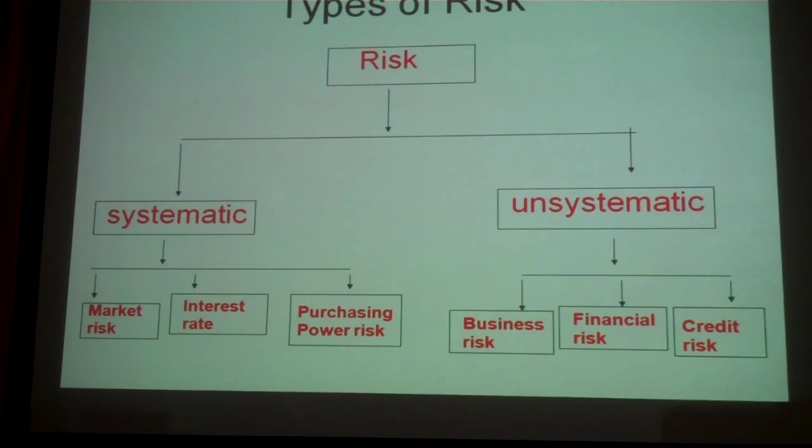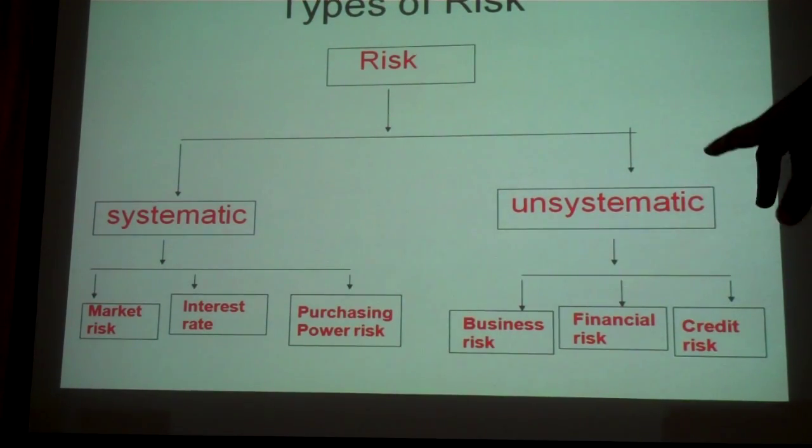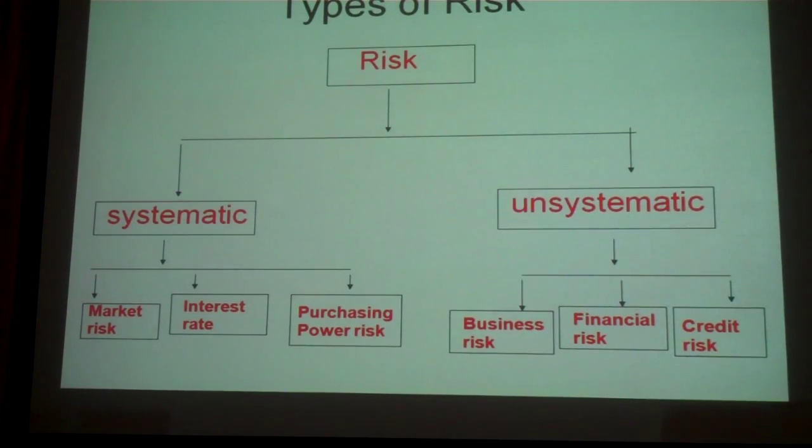Okay, now let me make it very clear. This unsystematic, are you discussing as an investor or as a company? As a company. See, you are a company. Okay. Unsystematic is more under your control, looks like. And this is more in the outside extrinsic factors. Excellent, excellent. Just think again, guys, what he said. That's why I'm asking you whether you are thinking from an investment perspective or as a company. Let us first decide this.